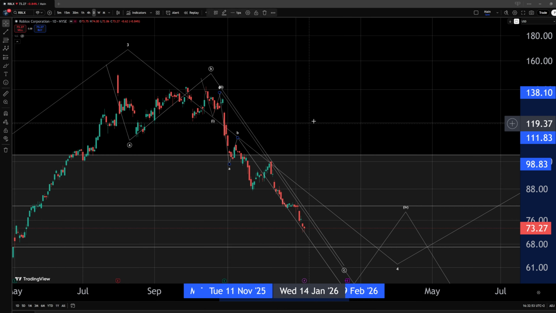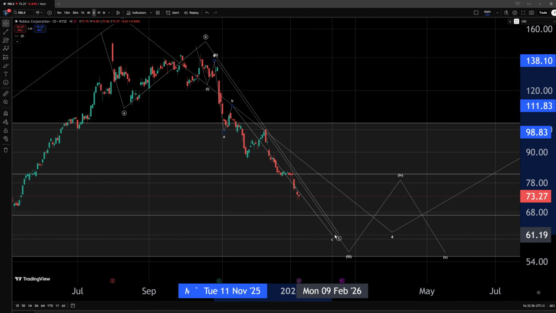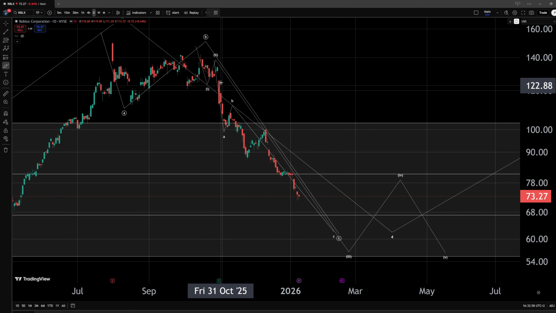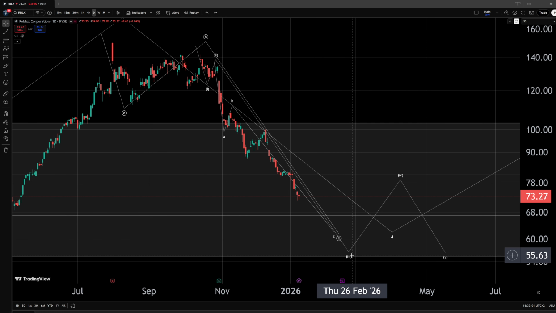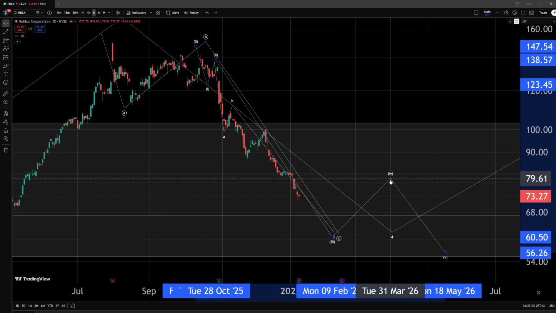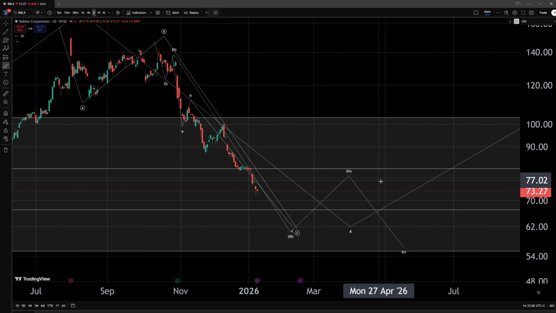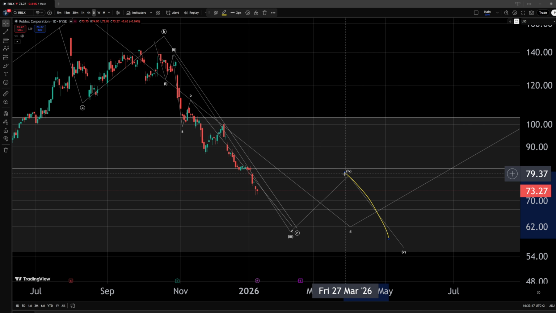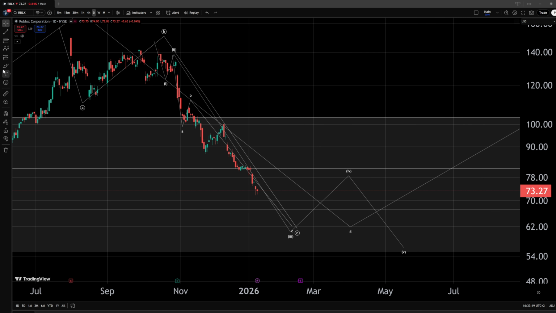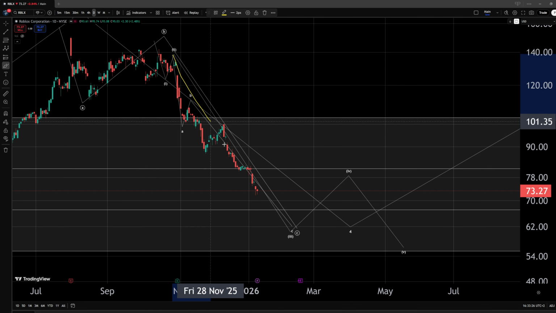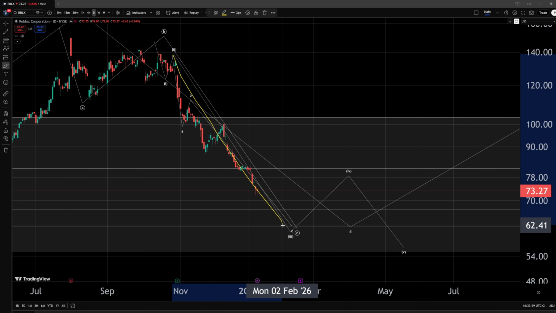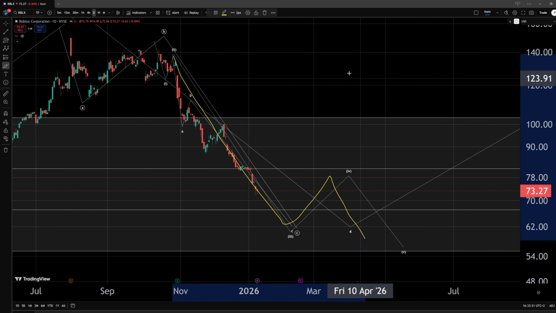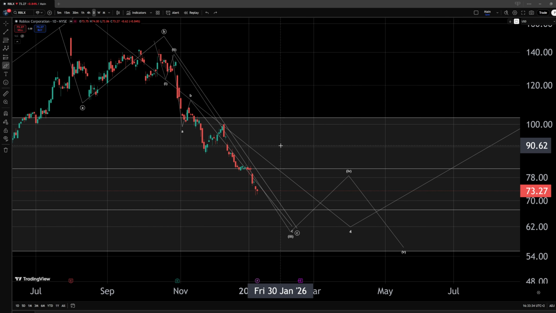Within this wave C, we should expect further continuation lower, and realistically, this would only fulfill an internal wave 3 to the downside. Once this is complete, we should be prepared for another wave 4 correction and another 5th wave to complete this wave C. Now, there is no guarantee it will play out exactly like this, but there will be significant risks to continue lower. A full count could actually allow severe continuation lower, and even after we form an internal low within this structure, further continuation after a correction is still expected. It's still very much possible, and again, it's no guarantee.